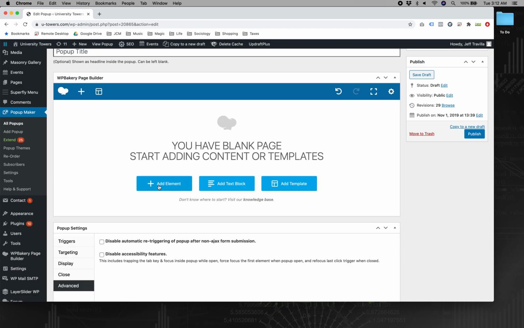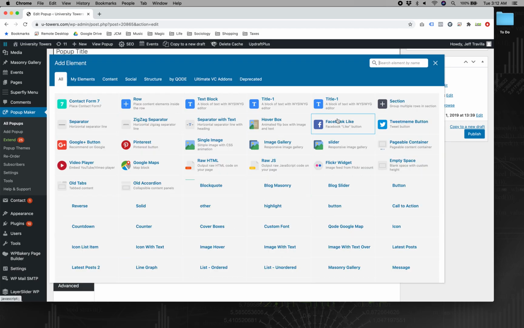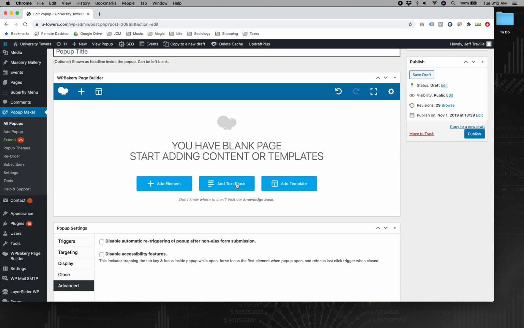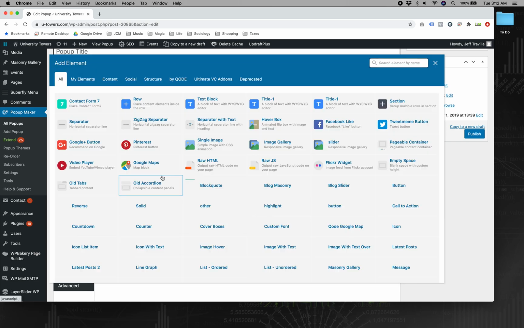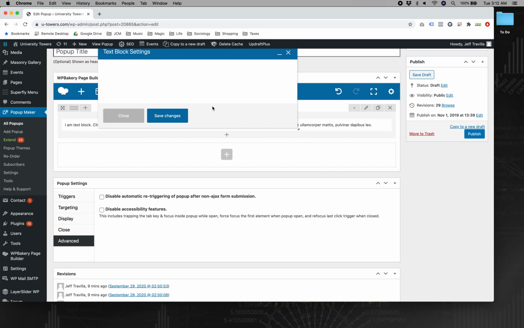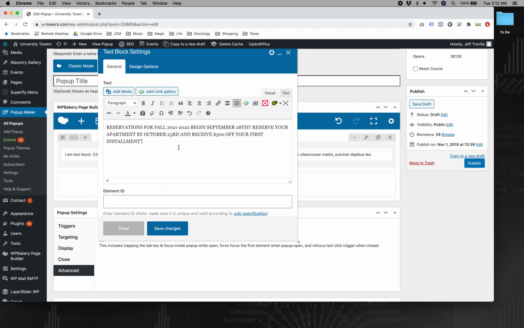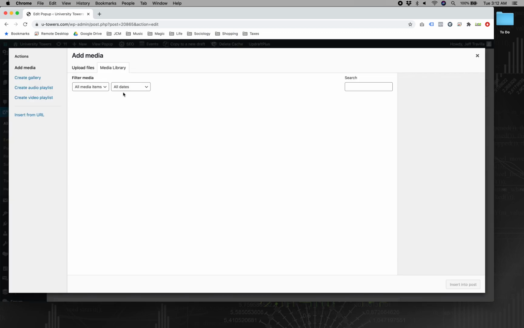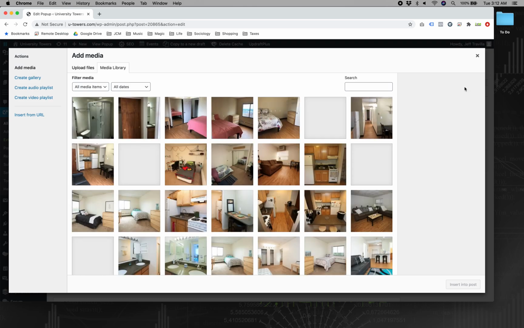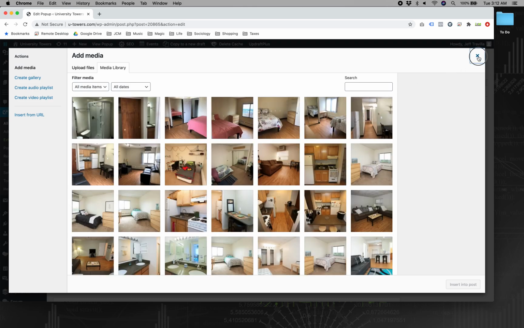So we have all these different content elements here that are available to us. In this case, we can just do text, and then we can size it as appropriate as we turn the pop-up on and look at it. So I'm going to just do a regular text block, which you can do in two ways. You can just do it right from this middle one, or you can add an element and then a text block. If you wanted to put a picture in here, you could do it right from this text block thing where you add media and then pick a picture from your photo library, your media library, or you could do it with an image